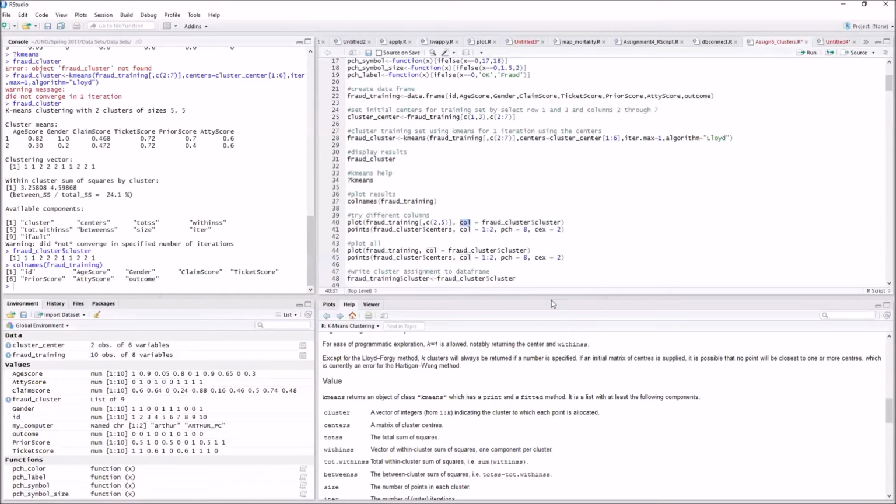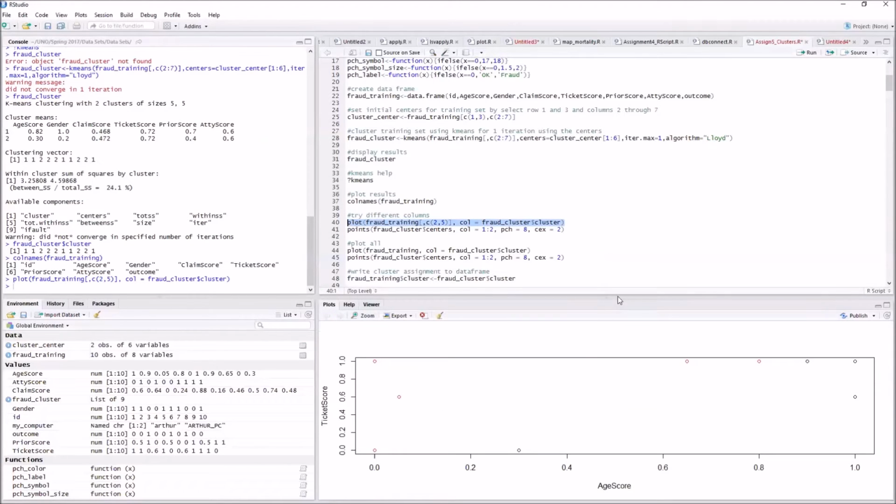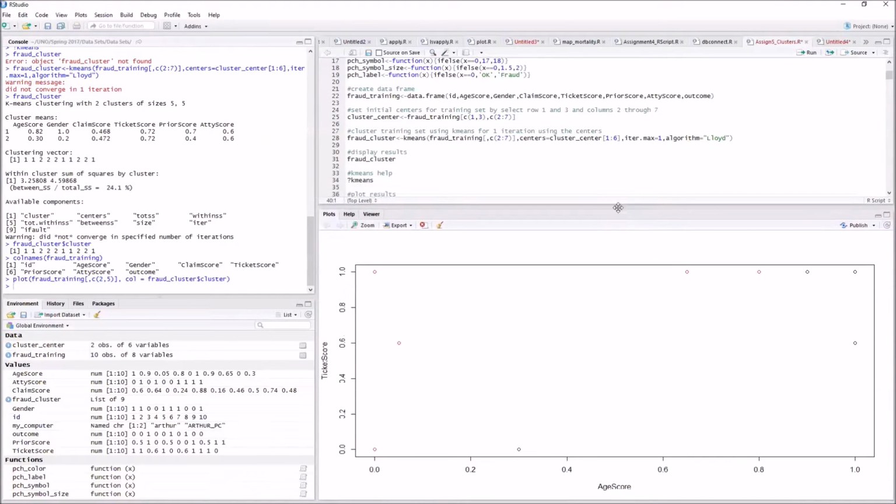I'm assigning to col, which stands for color, which just says, hey, use the cluster assignment to determine the color that you're going to associate with whatever it is you're going to plot for me. And then we're also going to use a separate function here to represent our centers on our graph as well. So okay, let's see what's actually going on here, right? So I'm going to run this plot thing, and you can see down here now, it actually created a visual